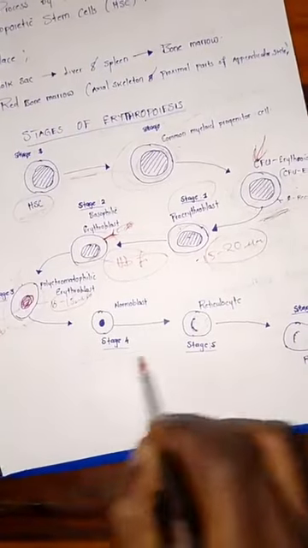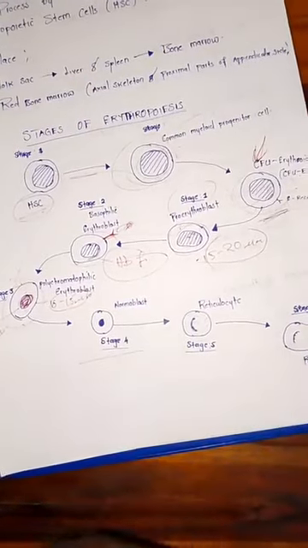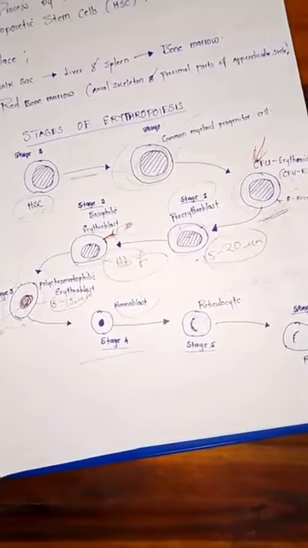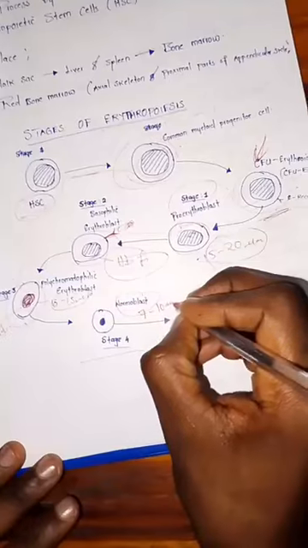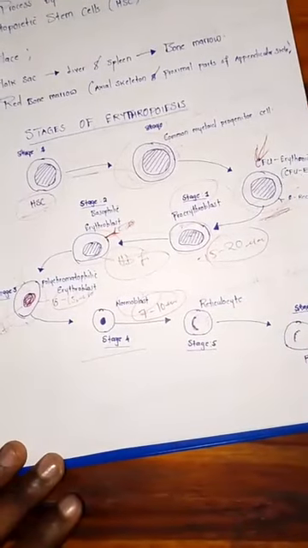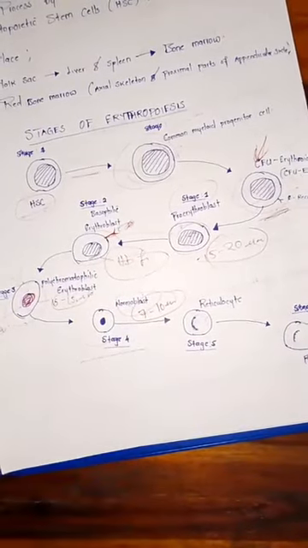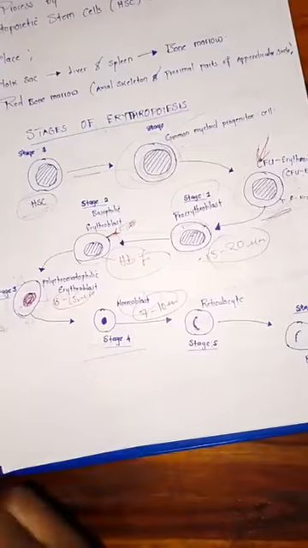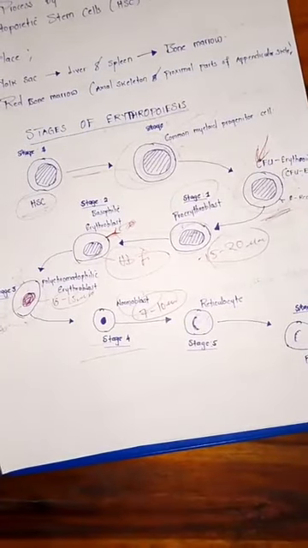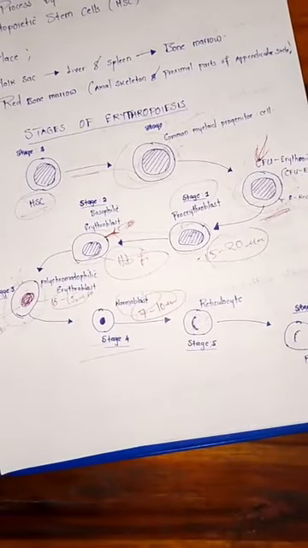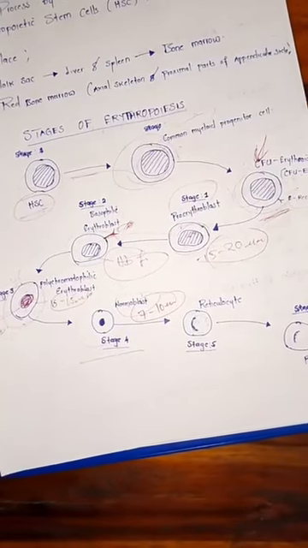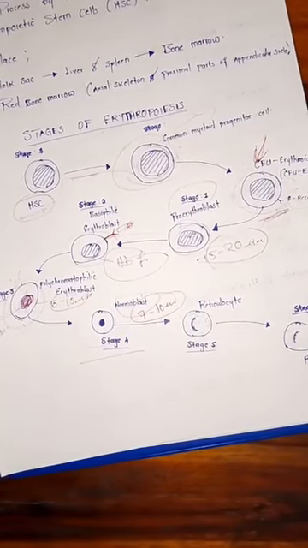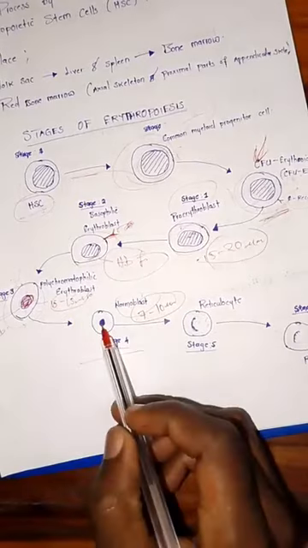So from there, day 4. On day 4, we have this cell that is known as a normoblast cell. It is going to be about 7 to 10 micrometers in size. Then at this point, there will be extrusion of the nucleus that was condensing here. So the nucleus has undergone a process known as pyknosis. Pyknosis is the condition in which the nucleus shrinks, condenses, and becomes dark, such that now it is going to be